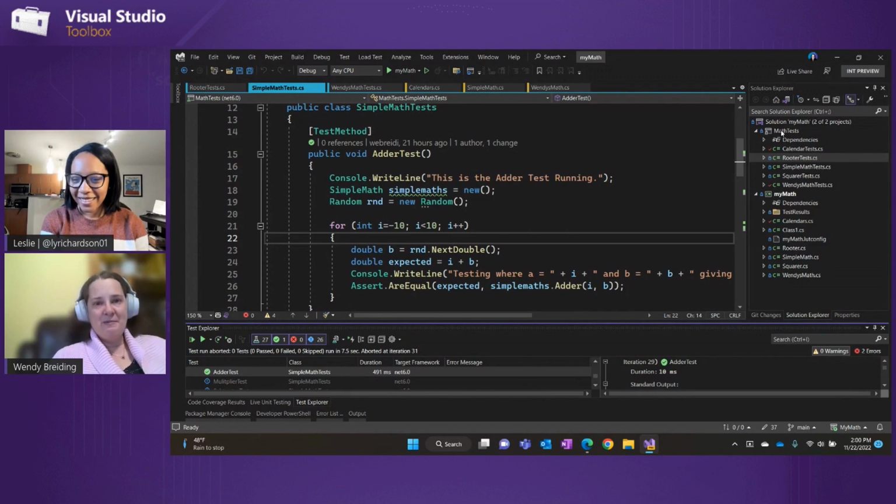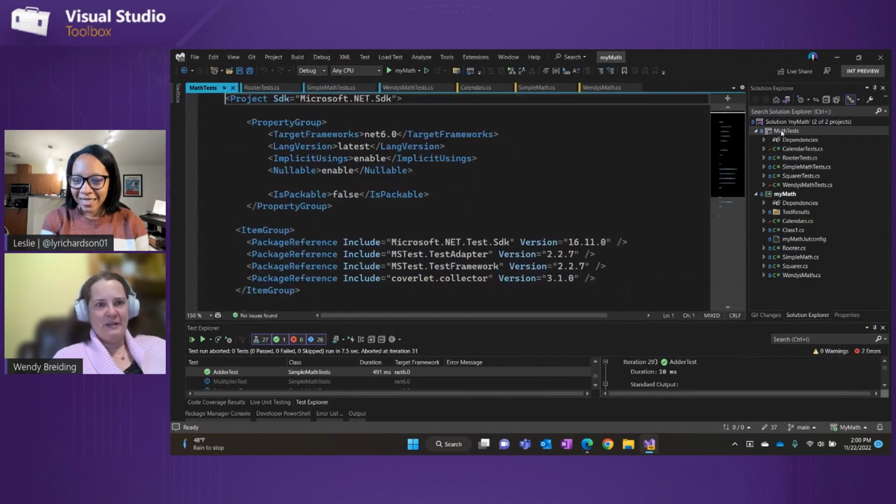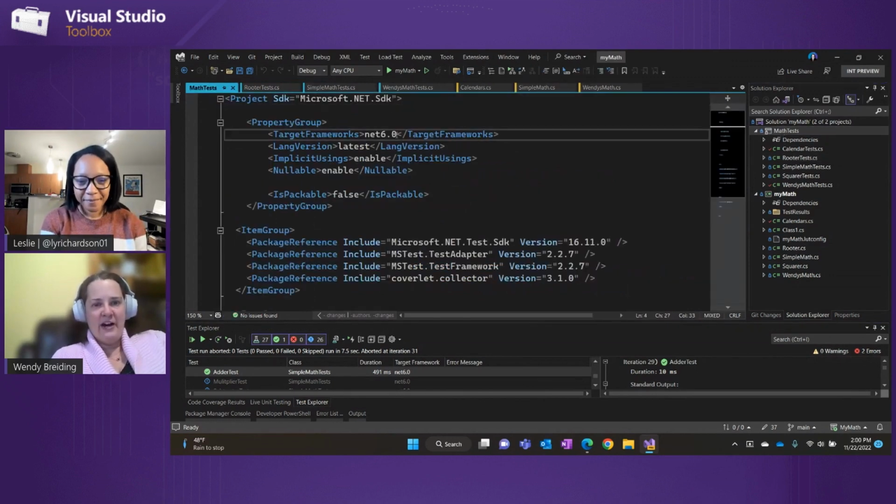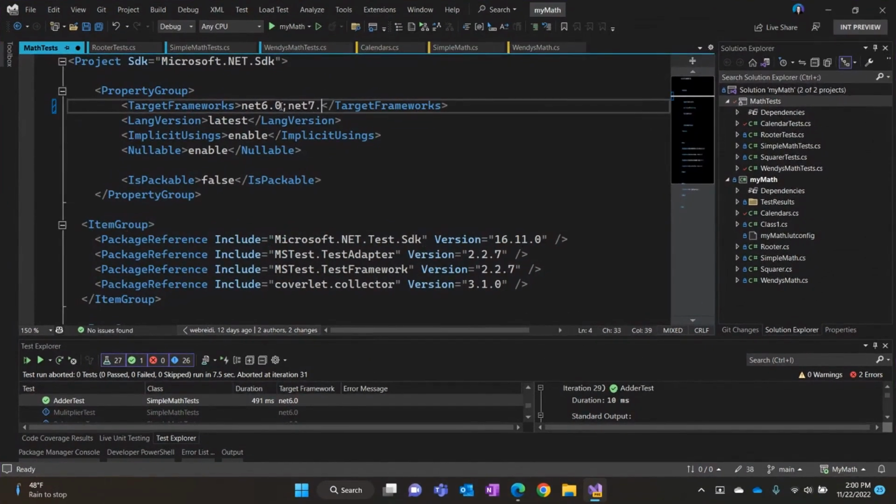Now, sometimes your code runs a little bit differently for various frameworks. And so we've added some multi-target test project support. So I'm going to go in here and add .NET 7 to this test project.